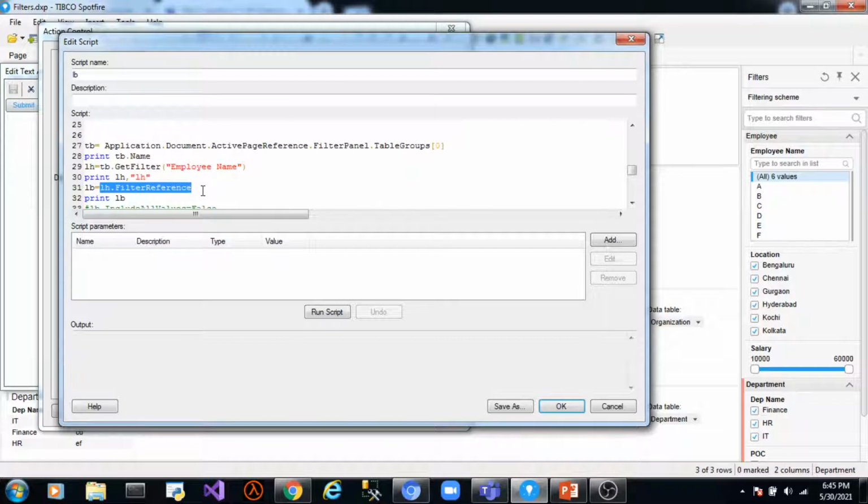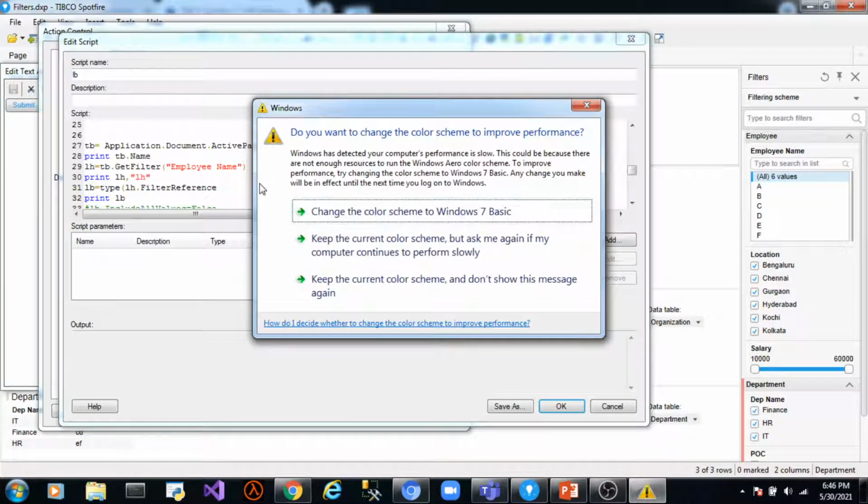If you wish to check the type of value that a statement is returning, you can just pass it to the type function, so that you will come to know what value it is returning. So if it returns a filter type class, you can go to filter class in the Spotfire API and see what methods and properties are available in the filter class, and then you can use those methods and properties which you need with this ls.filter reference.